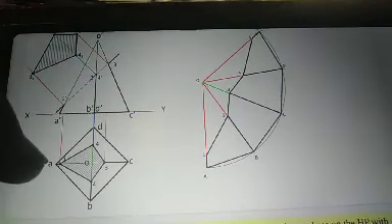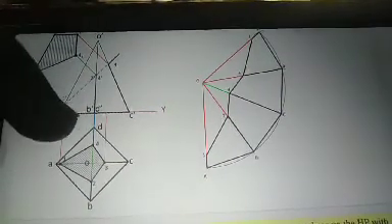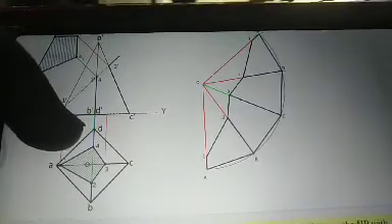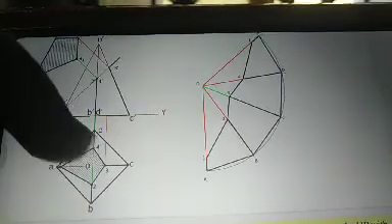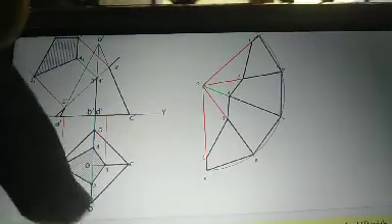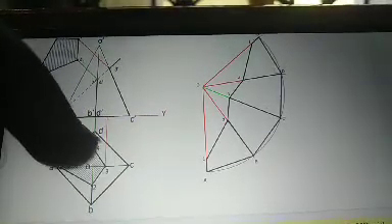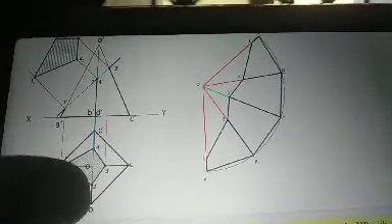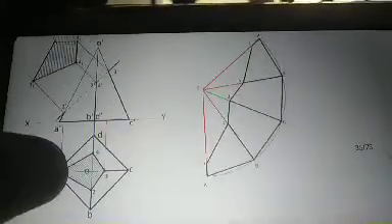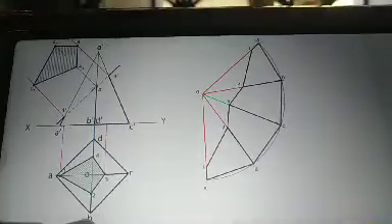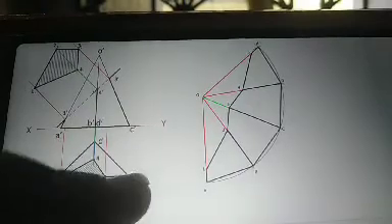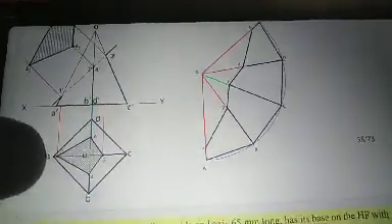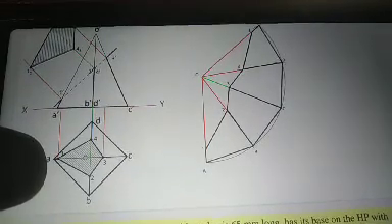Take a point A anywhere on that line. Mark a 40 mm distance on that line, which is your point D. Again, draw perpendicular lines through this A and D. On the lower side you will get these two lines, CD and AB. By taking a distance equal to 40 mm, mark these points C and B. You will get points A, B, C, D of that square. So this is the top view of that square pyramid.